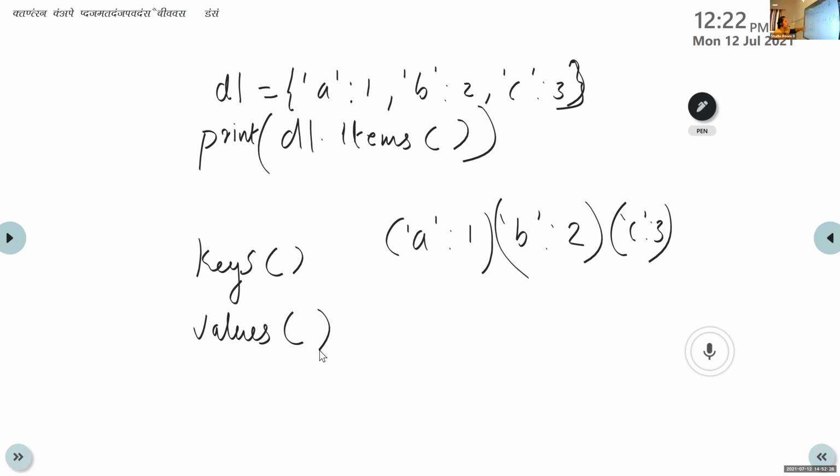There is no order in displaying the dictionary values. The first time we execute the program it may show A1, B2, C3. The next time we run, it may be in another order, like B2, C3, A1. There is no order when we execute D1 dot items. So items is used for displaying all the content in the dictionary as a tuple.